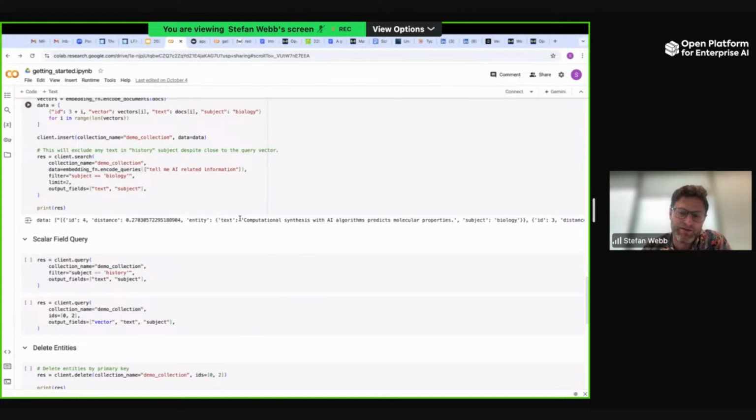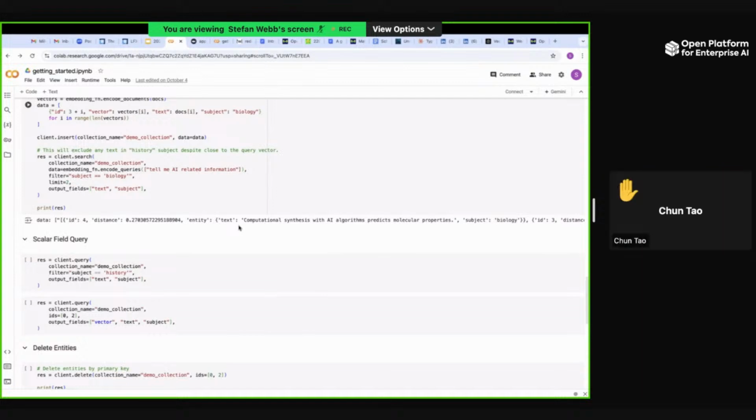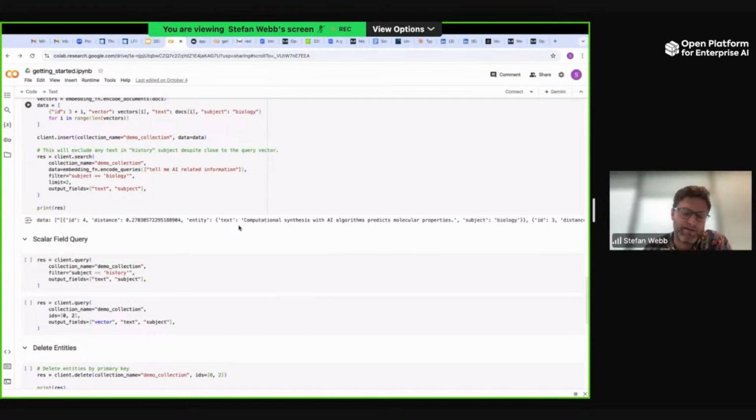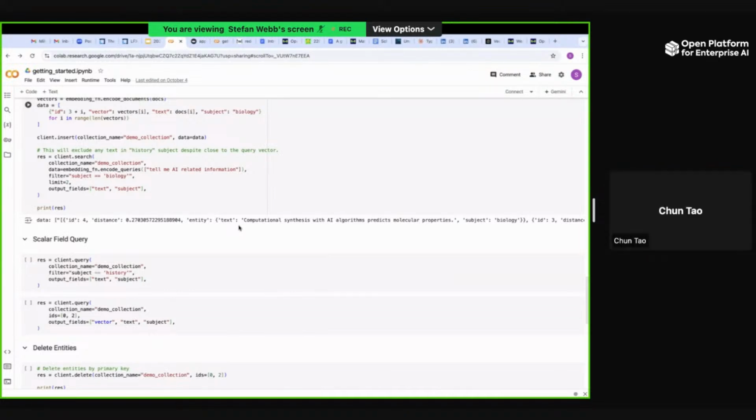I think from a computational perspective, cosine is advantageous in that it's just an inner product if normalized. So that would be my recommendation: use that one. I think it's a good default. I see. Okay, yeah, that's all my questions. Yeah, thank you, Stefan.